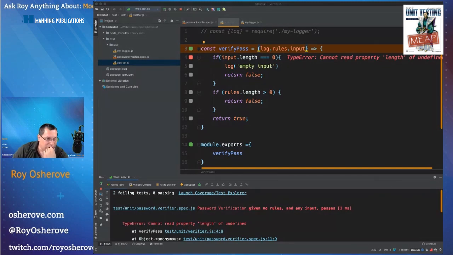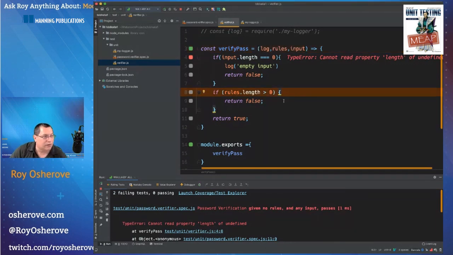Let's see if I can show that. Actually, let's see, we can just do that manually. Hold on, everybody, I'm trying to share that stuff.